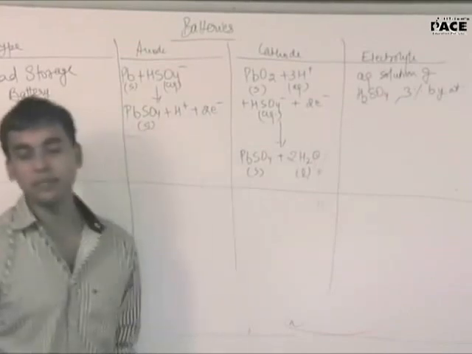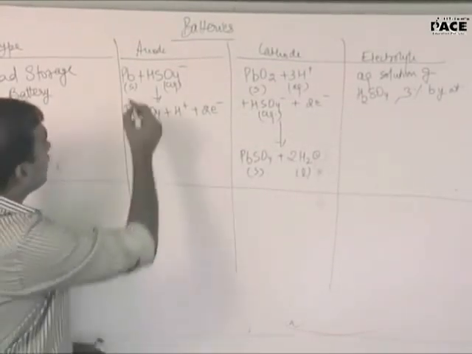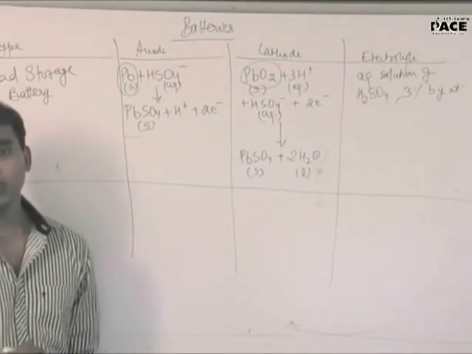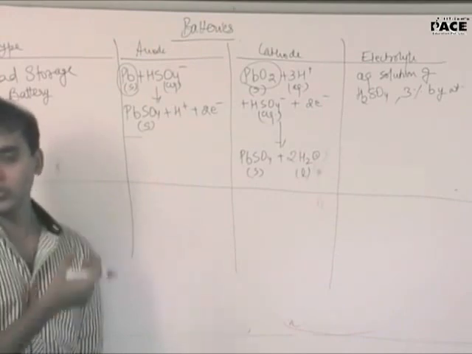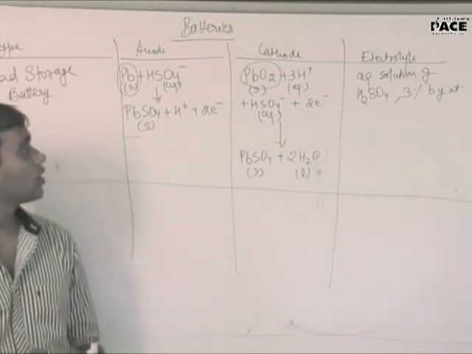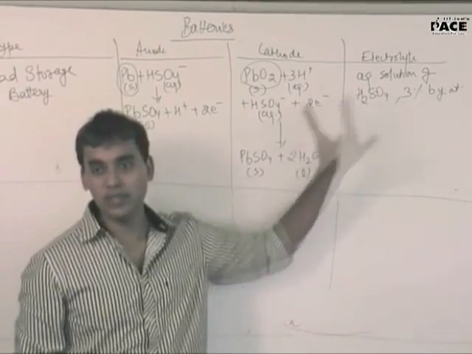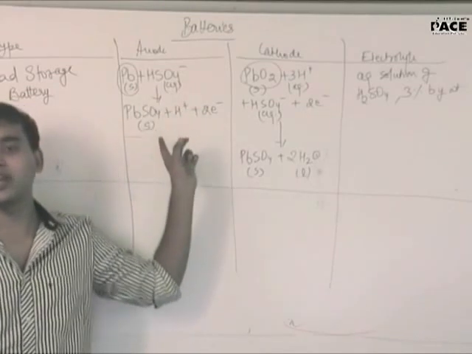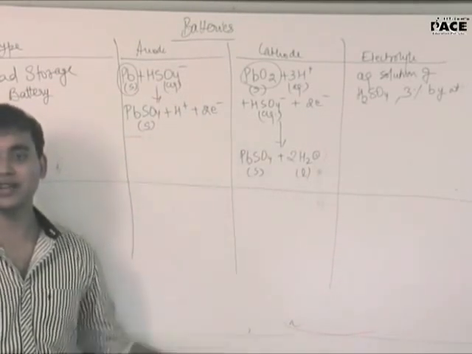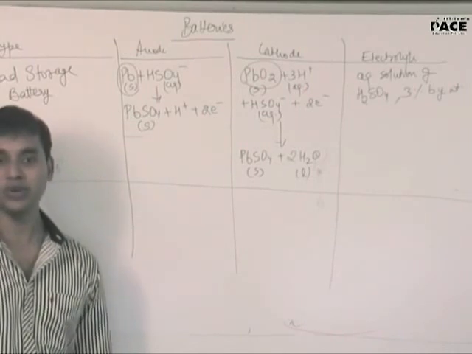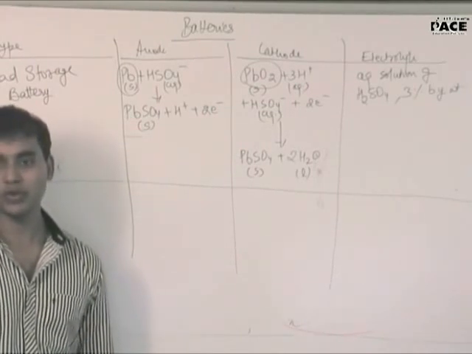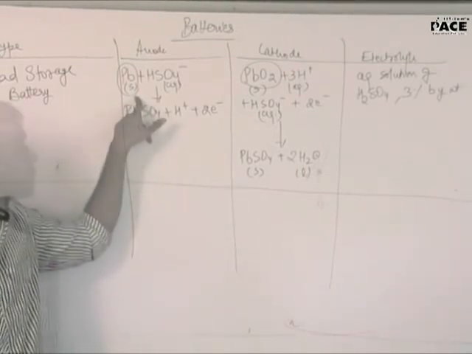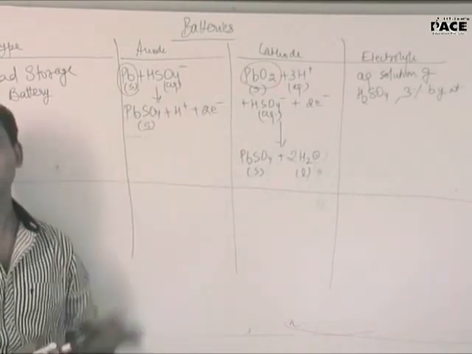Clear? See, in a typical lead storage battery, you will have lead and lead dioxide. This is the lead storage battery which you use in cars. You can see the electrolyte H2SO4, which is 3% by weight. So these lead electrodes, which we are using as anodes, are going to get consumed. That is the reason we say it's time to replace your car battery or recharge it, because as time goes on, the Pb is going to react. Clear? This is very important in the context of your JEE as well as your CBSE.